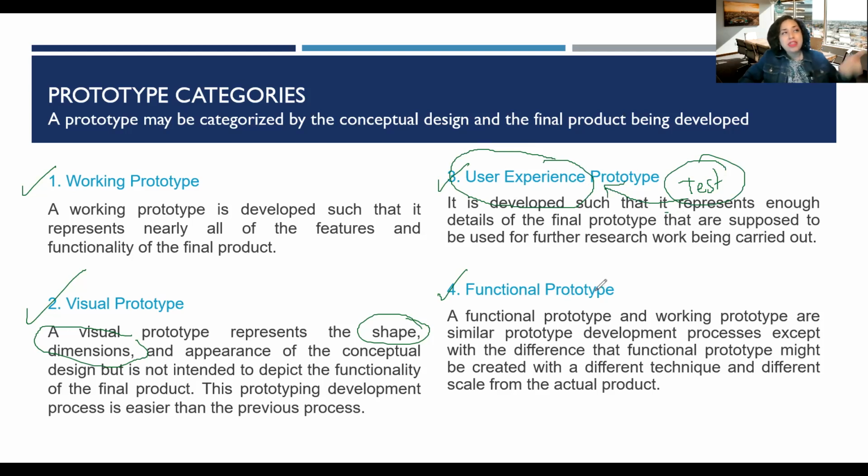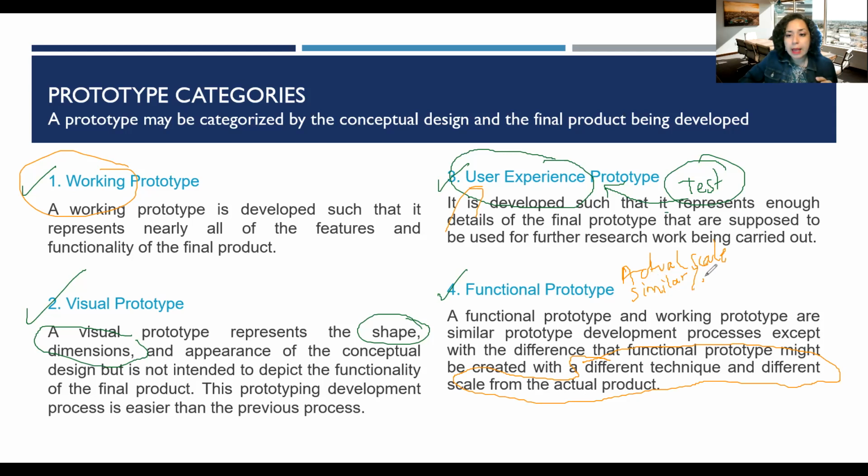Okay. So the other one, which is a functional prototype, is similar to, like I said, a working prototype, and it's also ready for user experience. But what's the difference with it? This might be created with a different technique and different scale from the actual prototype. What does that mean? When we talk about being functional, most of the time it is the actual scale, and it could include as much as possible similar or the actual materials